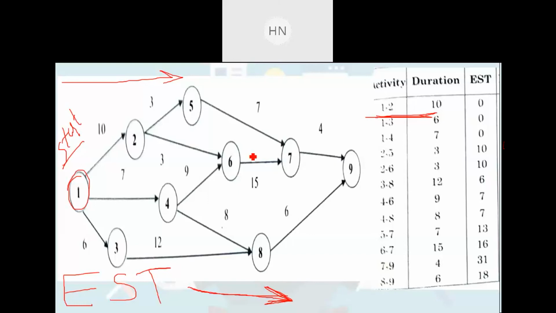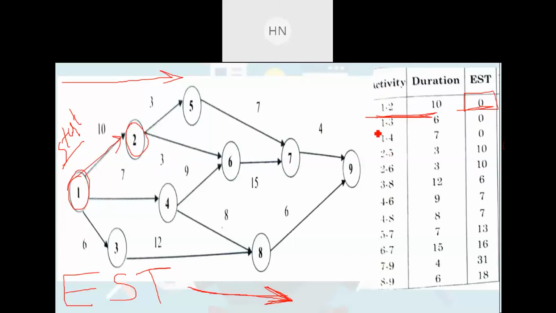तो टाइम को कैलकुलेट करने के लिए कहाँ से कैलकुलेट करेंगे? ज़ीरो से ही कैलकुलेट करना स्टार्ट करेंगे हम, राइट? तो जब हम सबसे पहली एक्टिविटी परफॉर्म कर रहे होंगे तो ऑब्वियसली टाइम ज़ीरो से ही चालू होगा, राइट? उसके बाद वो एक्टिविटी खत्म होगी तब उसमें कोई टाइम ऐड होगा, राइट? तो ये सबसे पहली एक्टिविटी जो है, एक्टिविटी 1 to 2, तो वो स्टार्टिंग एक्टिविटी है, तो उसमें हमारा अर्लीस्ट स्टार्टिंग टाइम कितना होगा? ऑब्वियसली 0 डेज होगा। अगर ये दिन में है तो 0 डेज ही होगा, राइट?